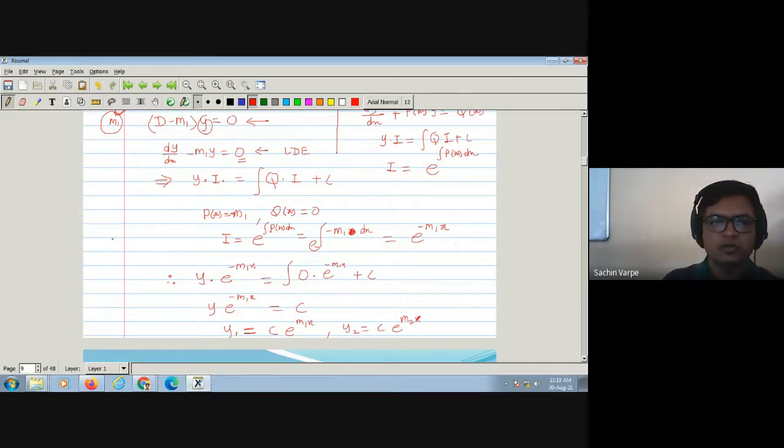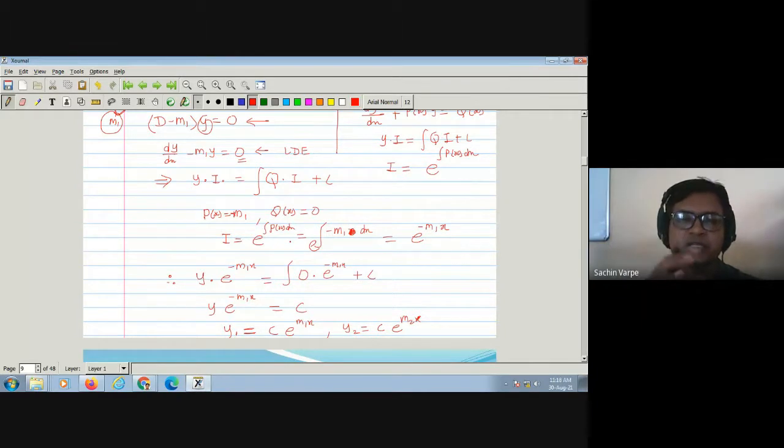Because with respect to m2, the factor will be d minus m2. And if we consider the separate differential equation related to m2, then that will be d minus m2 times y is equal to 0. And when we solve using the same techniques, what we'll get? y2 is equal to c e to the power m2x. So in the same manner,